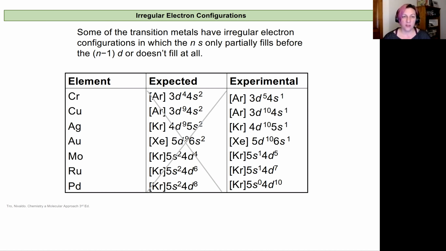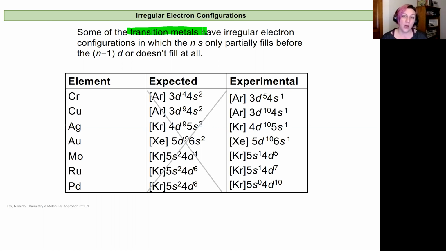In this video, I want to talk about electron configurations that are regular, and then also talk about ion electron configurations. So we've set forth a set of rules for figuring out electron configurations. If you follow the Aufbau principle, Pauli exclusion principle, and Hund's rule, you'll be able to create reasonable electron configurations and orbital diagrams. But because there's always a but, some of our transition metals are going to have what we